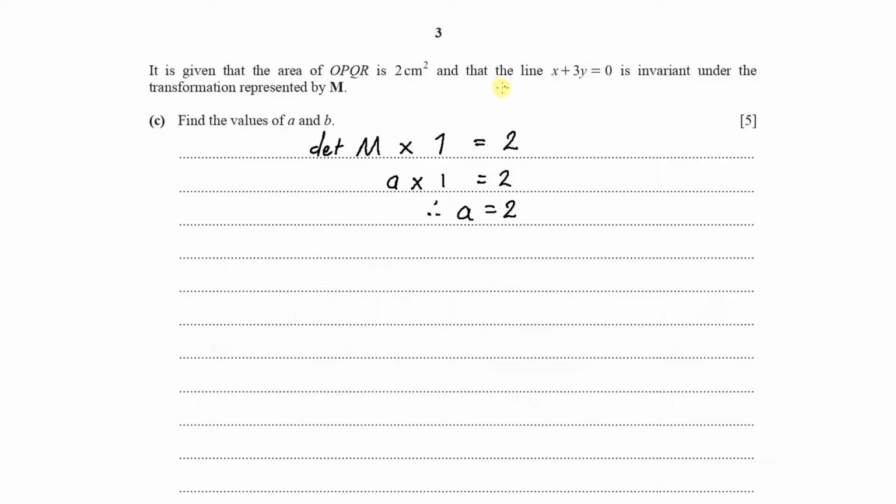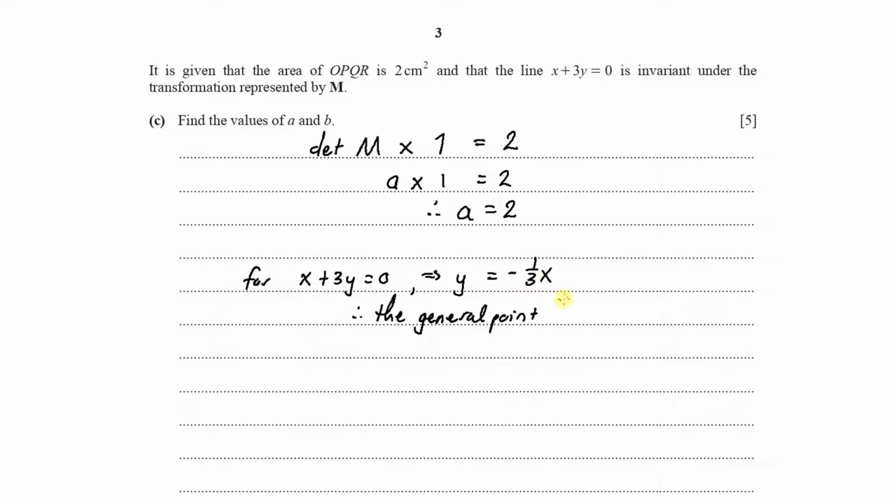Now let us go on to the point which says that the line is invariant under the transformation M. Now if the line x plus 3y is invariant, we can transform any point on this line and we should get the same point coming out as the image. So let us consider x plus 3y is equal to 0, we can make y the subject and we get y coming out as minus a third x, which means that the general point